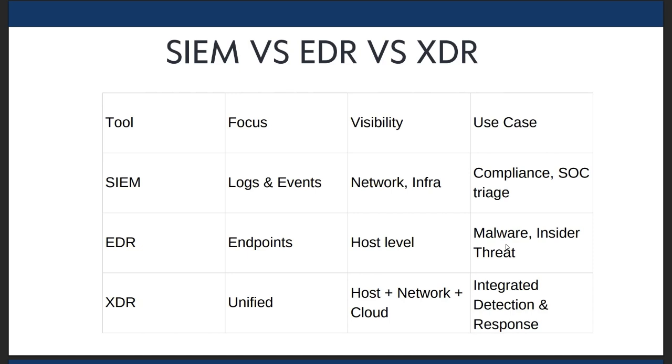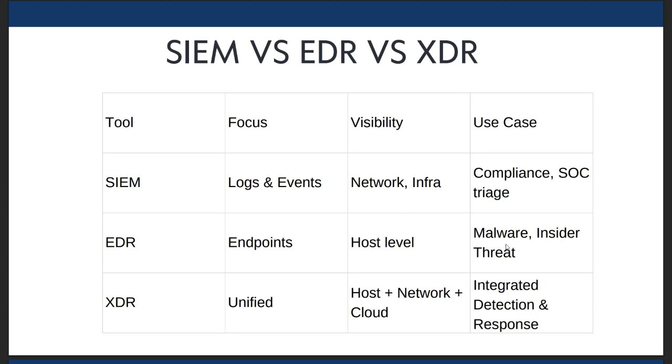XDR is basically a unified version where it covers network, it covers host, it covers cloud, it covers every other tool and endpoint. That is why XDR is very much most probably used the most. We can also get a lot of information about emails and identity alerts, or access control alerts through XDR as well. So on a high level, when we have to differentiate, EDR is specifically on a host